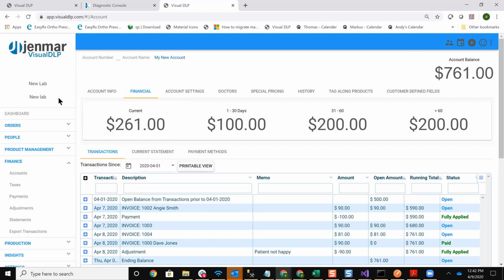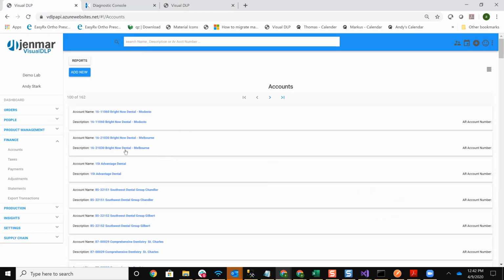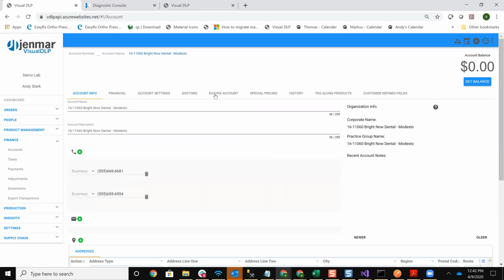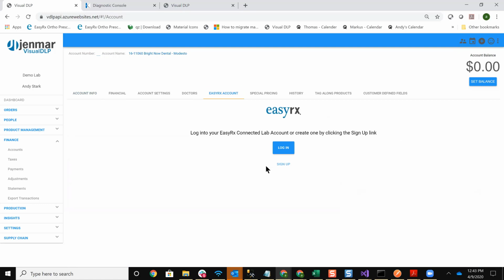Okay. The other major update, or new features we've added in this update, is we are moving into beta of our VisualDLP EasyRx integration. And some of the things that we've added into VisualDLP to support that is, in each account, there's a new tab now called EasyRx account. And this represents the account that your customer has in EasyRx. And so if I go here and click on this, it's asking me to log into my EasyRx connected lab